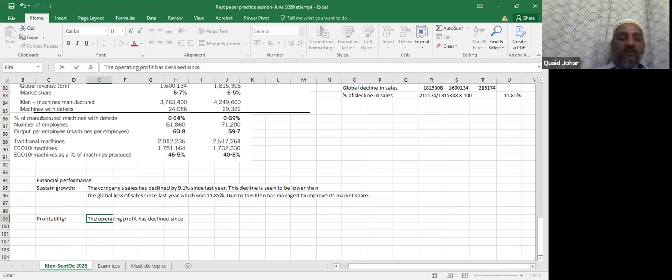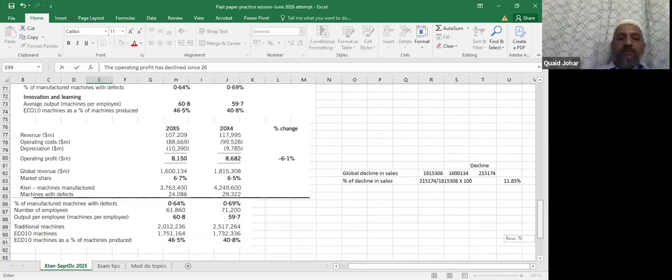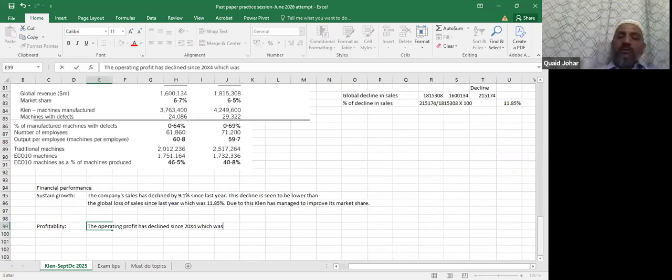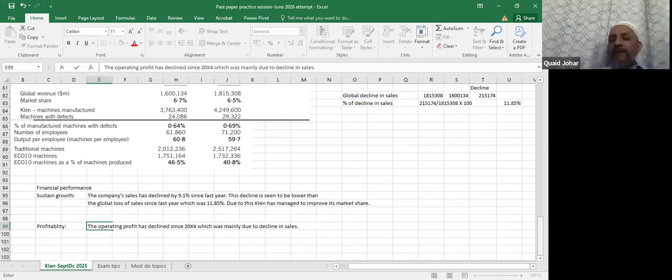तो ऑपरेटिंग प्रॉफिट हैज डिक्लाइन सिंस 2004, which was mainly, क्यों हुआ ऐसा, रिलेशनशिप तो होना चाहिए ना कोई। ऑपरेटिंग प्रॉफिट कम क्यों हो गया, सेल्स क्या हो गई, डिक्लाइन हुई, विच वॉज मेनली ड्यू टू डिक्लाइन इन सेल्स। एक सेंटेंस हम यहाँ पे एंड करते हैं। अब दूसरा पॉइंट क्या है यहाँ पे।